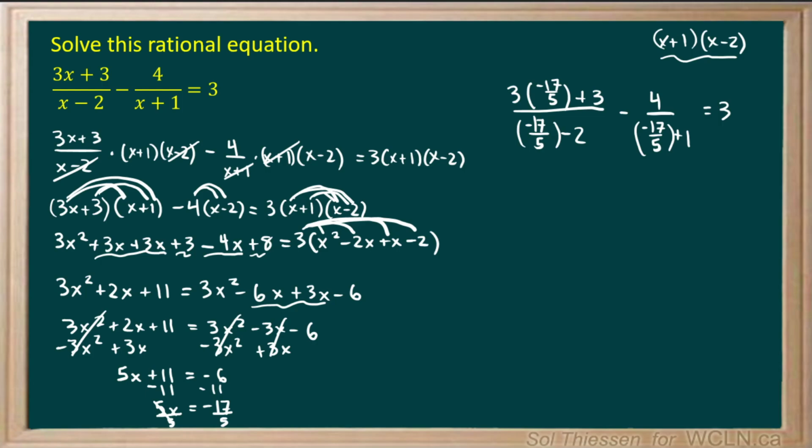You may need to use your calculator for this. 3 times negative 17 will give us negative 51. So in that numerator we'll have